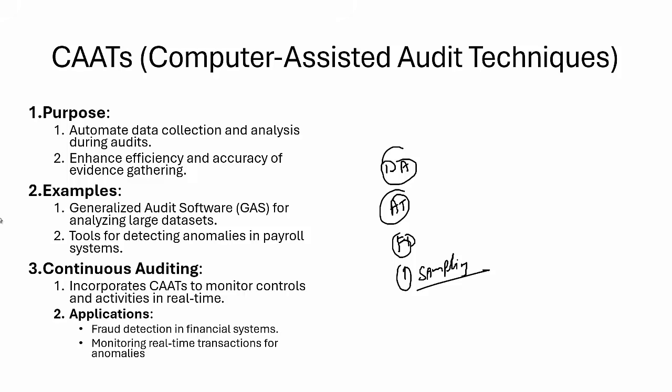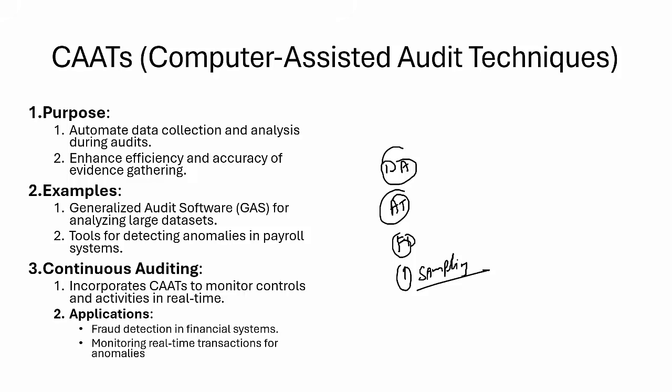We have different types of CAT. One is GAS, Generalized Audit Software. It is used to analyze financial transactions for duplicate invoices. Then we are using data matching, where we compare the employee records and payroll records with the HR database. We have regression analysis, where we predict financial fraud based on past transactions. So we have different types of CATs. The ultimate benefit of having a CAT is increased accuracy, reduced errors and efficiency. The biggest reason for using CAT is increased efficiency, and it can be better at detecting frauds.